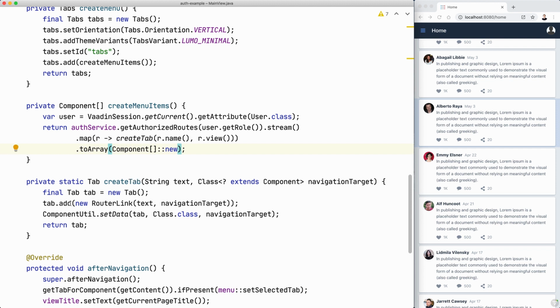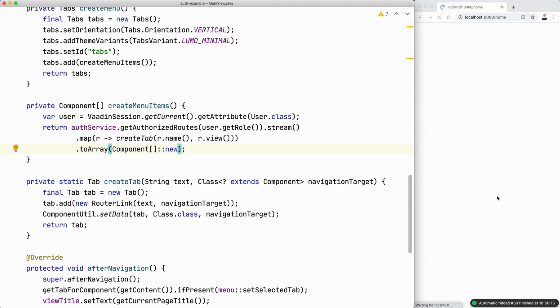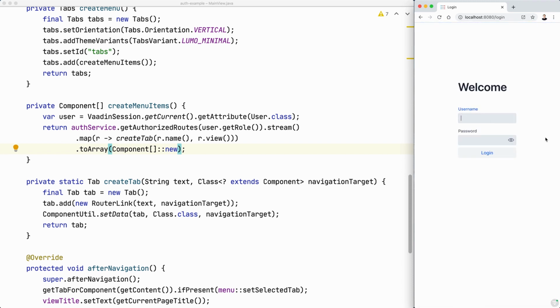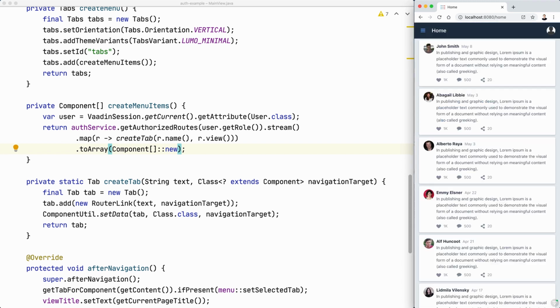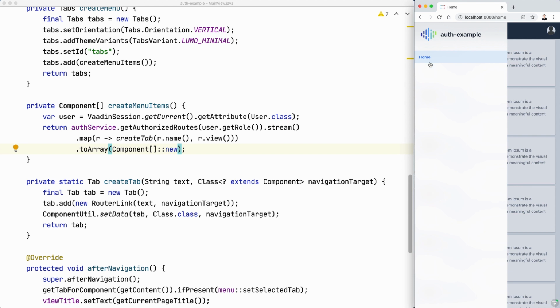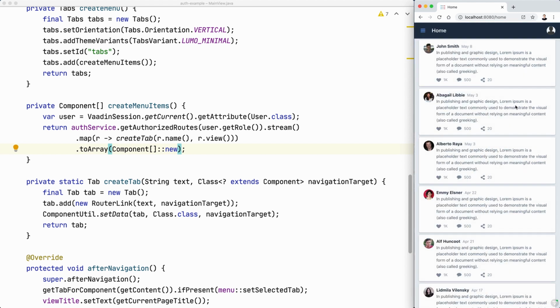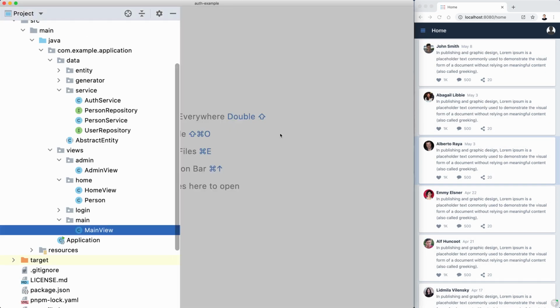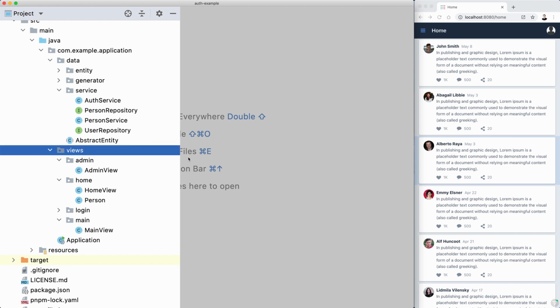Let's compile. So by default, I can only go to login, which is good. But user can now go to home, which is very good. But how can we try now with admin if we cannot log out? So let's fix that next. And we're going to do that with a